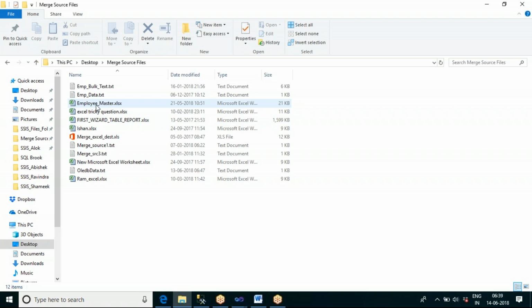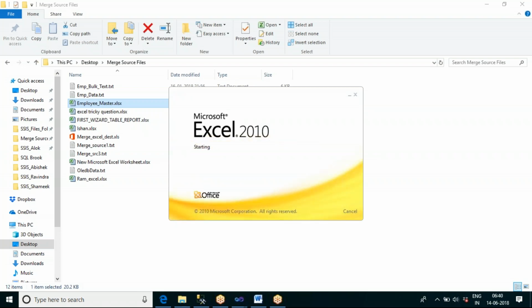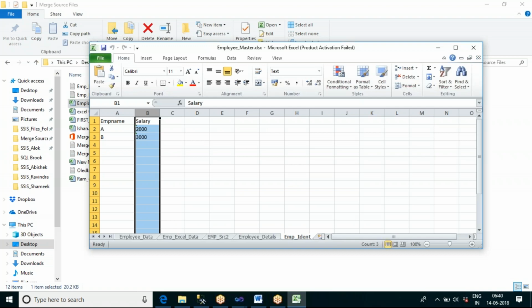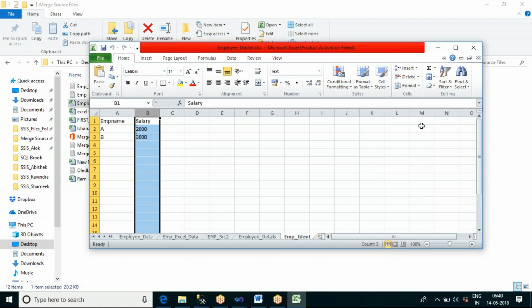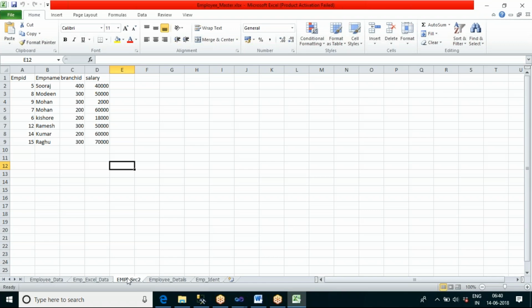So here I have some Excel file. Now let us see some source.